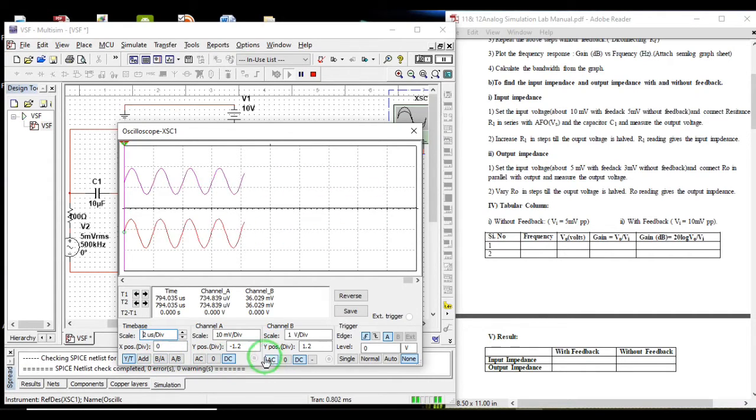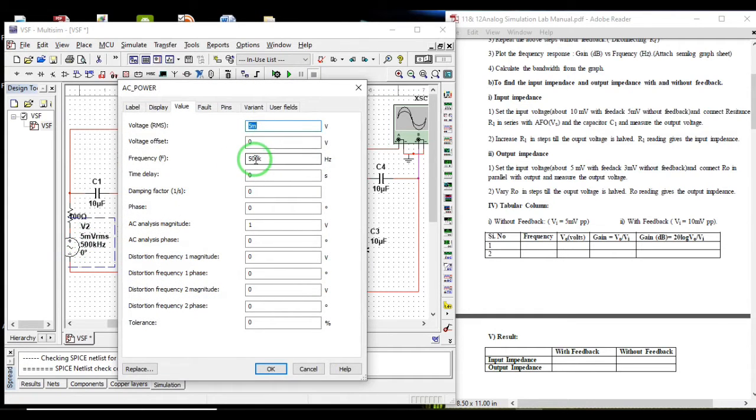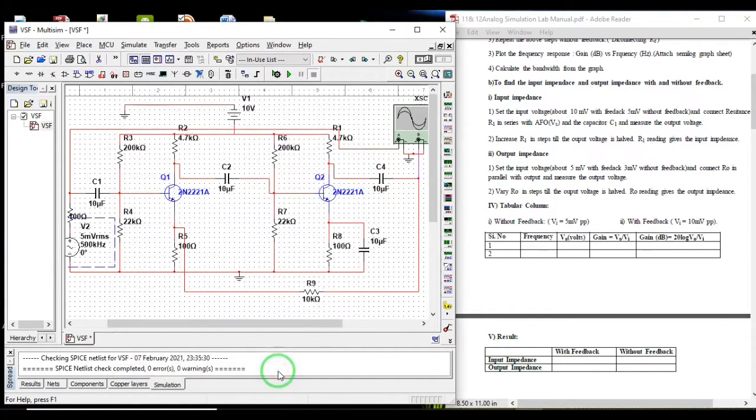We have increased the frequency by 10 times, so pause it and again measure the signal. It is still almost the same, so you make it 900k, which is almost 100k less than 1 million.